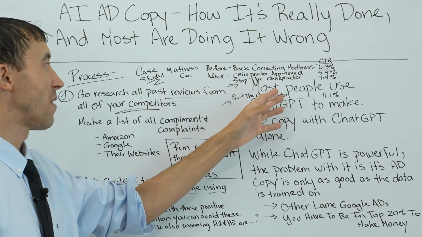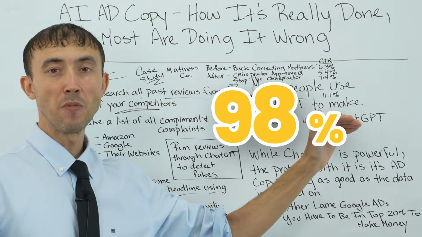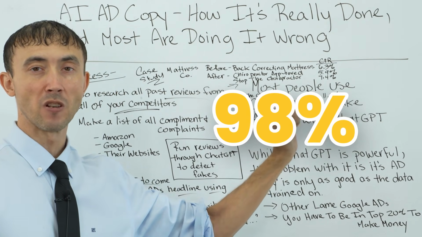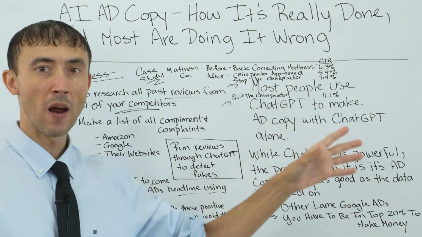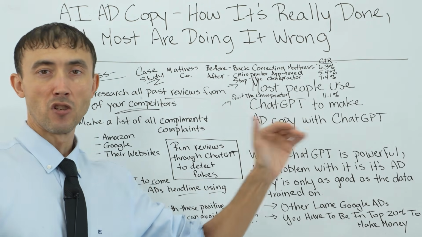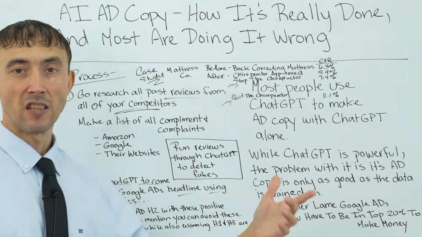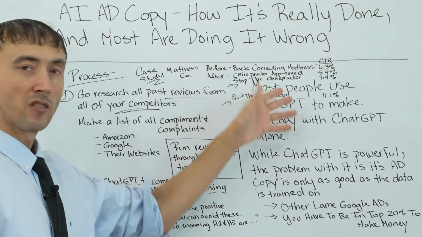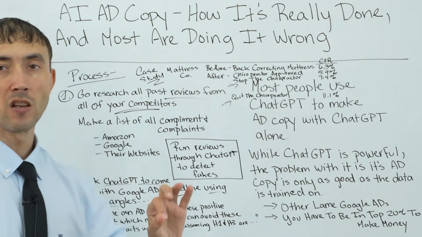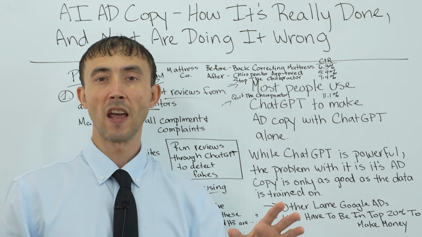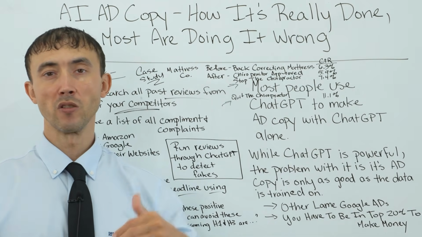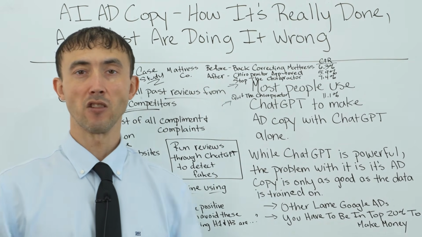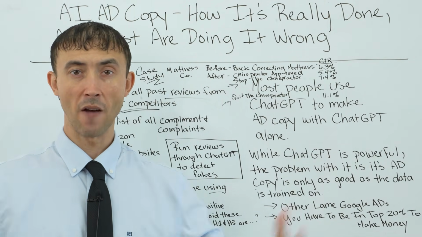And with this ad, by the way, again, 98% of the time the keyword is in the headline. So if they're typing in "back pain mattress," the ad says "back pain mattress, quit the chiropractor," and then "free shipping, buy now." That's the ad structure we had there. This is the overall process you need to go through if you're going to use ChatGPT to your advantage. Otherwise, don't use it at all, because more than likely it's going to hurt your results or waste your time rather than provide some benefit and an increase in profitability